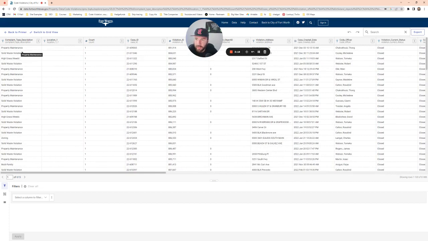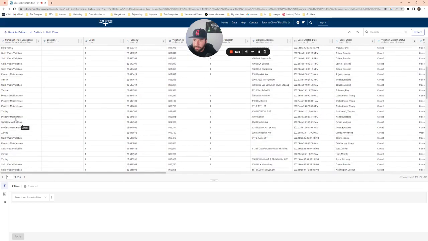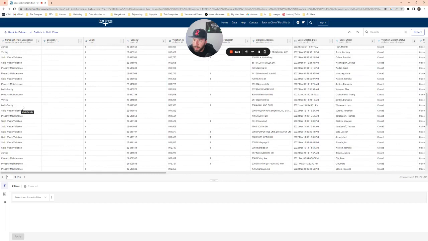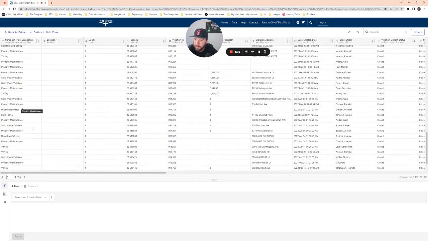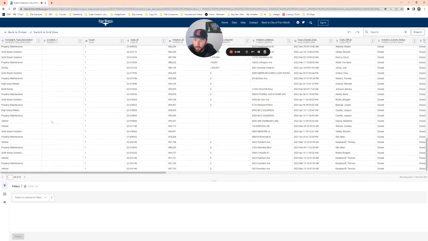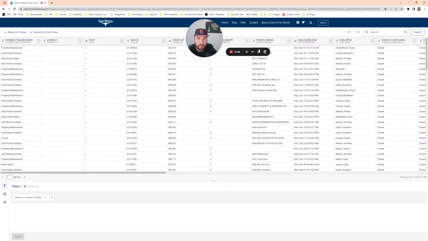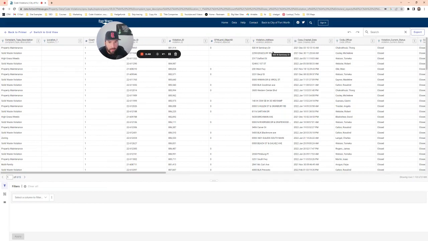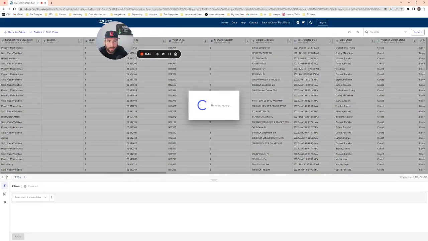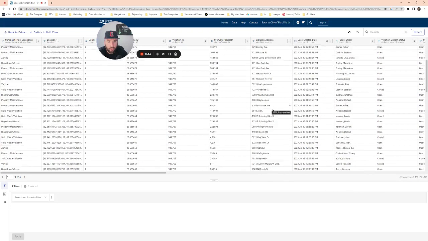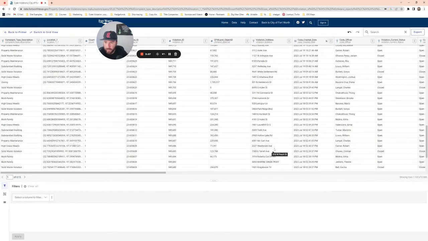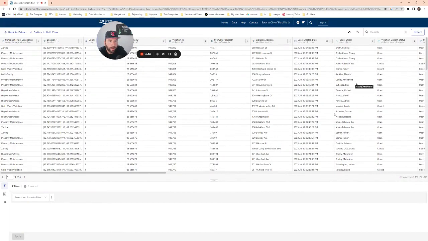So on the left-hand side, you'll see this is the type of complaint. Now, not all of these are relevant. I recommend taking out a lot of the ones that aren't as relevant, like cars, automobiles, they call it, or vehicle, they call it, the zoning, solid waste, property maintenance, high grass, weeds. So you see there's a bunch of different ones. And you'll see, let me move this over. You see there's the address, there's the date it was created. So one thing I like doing is sort by descending and only focusing on the newer ones. So these are all the new ones that just went on there. So you can see there's still all these here, and we're just going to focus on that.